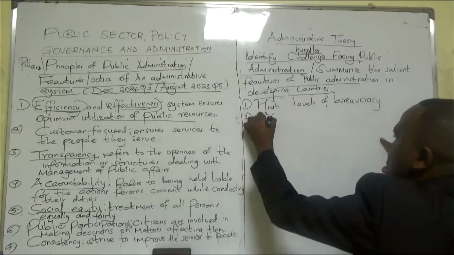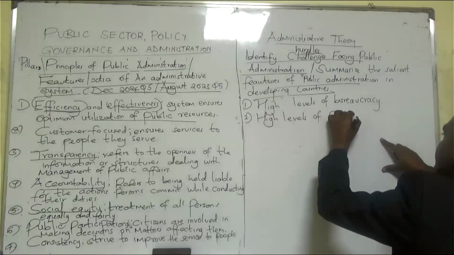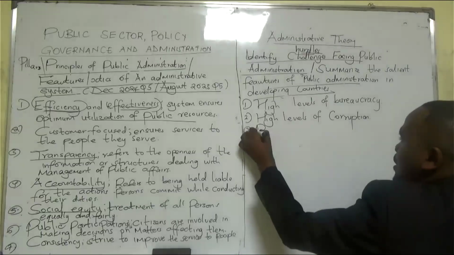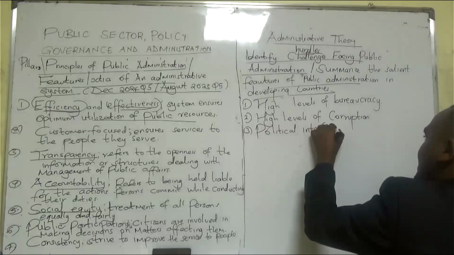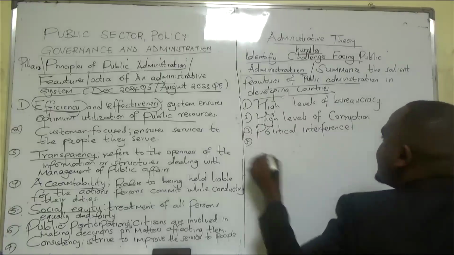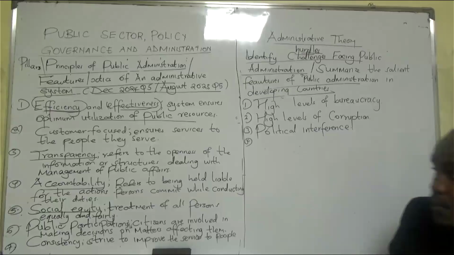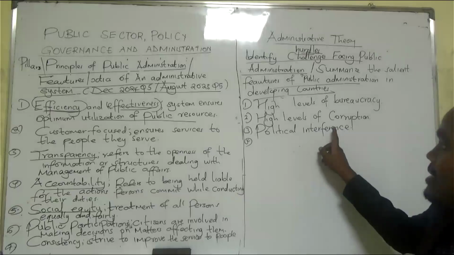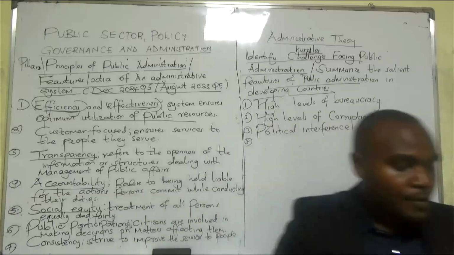Two, high levels of corruption. Okay. Three, political interference. Is that a challenge in public administration? Yes, it is a challenge. There's a lot of political interference with the public administration. Is that also a feature in public administration? Yes. Another one, we can also talk of